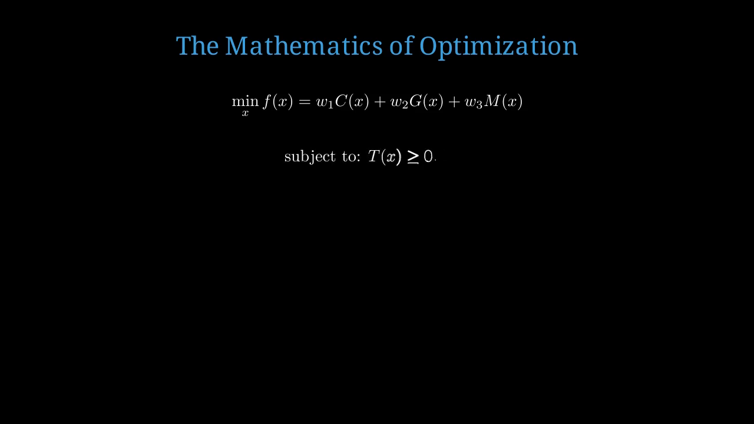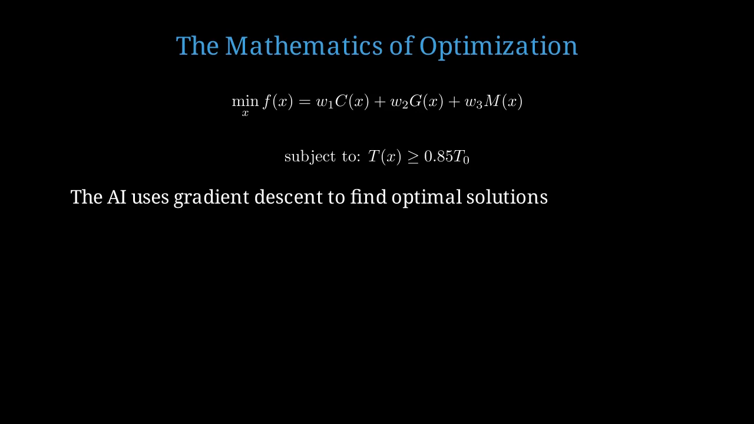But this is subject to a critical constraint. The taste similarity function, T(X), must be greater than or equal to 85% of the original taste score, T0. This ensures we don't sacrifice taste too much. The AI uses gradient descent algorithms to find the optimal solution. It starts with the original recipe and makes small adjustments iteratively, testing each modification against the constraints until it converges